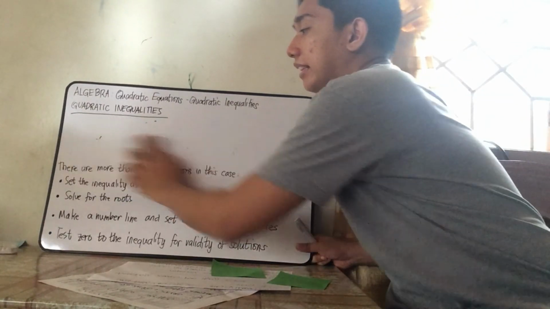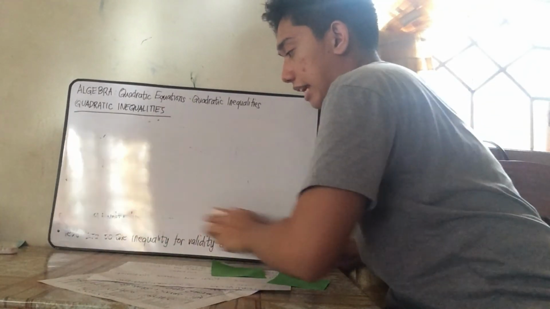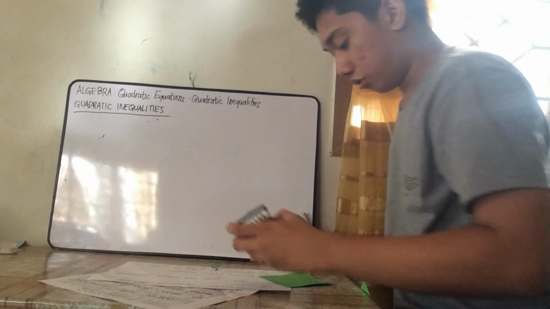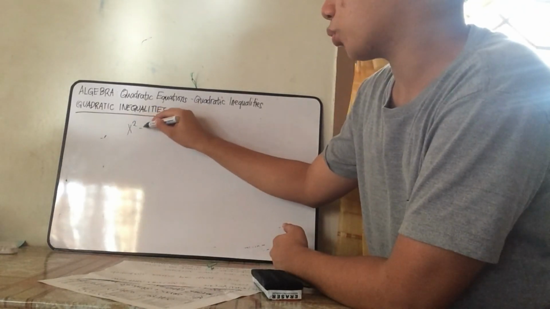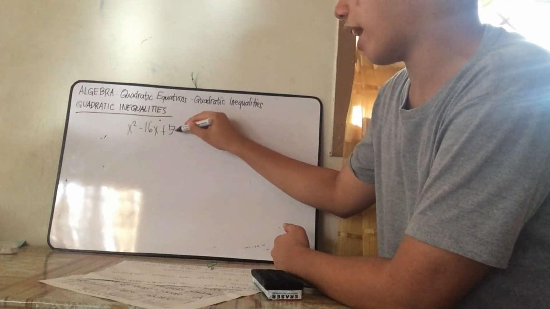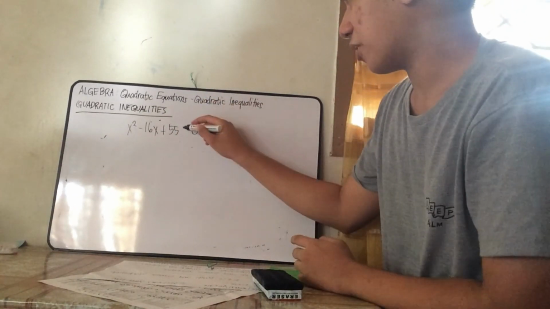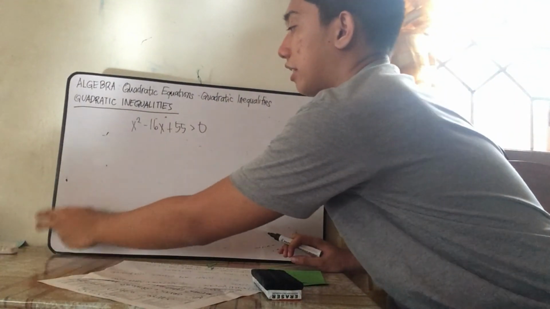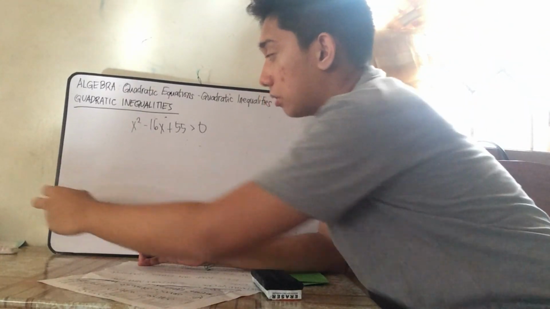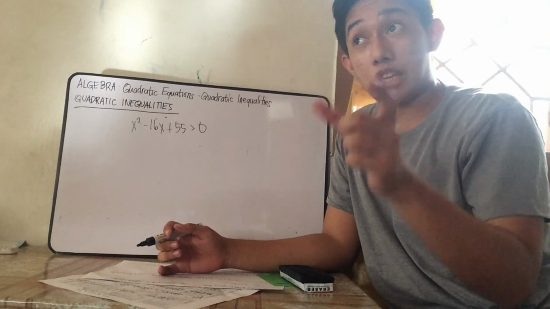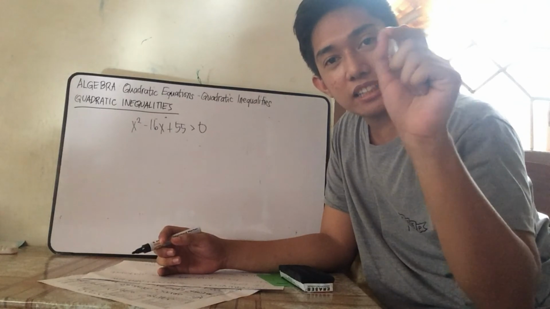So, para maintindihan nyo to, we will give you an example. Okay? So, for the first example, we have x squared minus 16x plus 55 is greater than 0. Greater than 0 ha. Slant ko para hindi tayo maanilan. So in this case, meron tayong given na quadratic inequality. So kailangan tayo